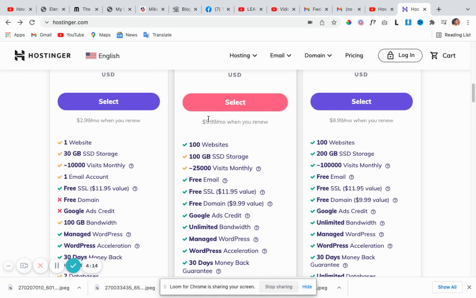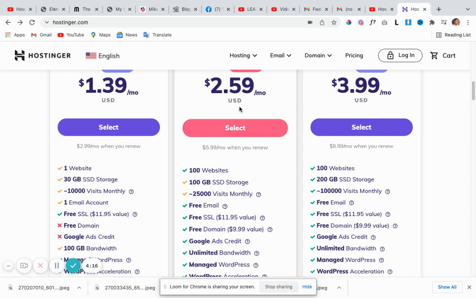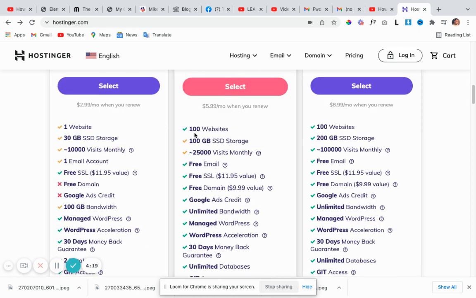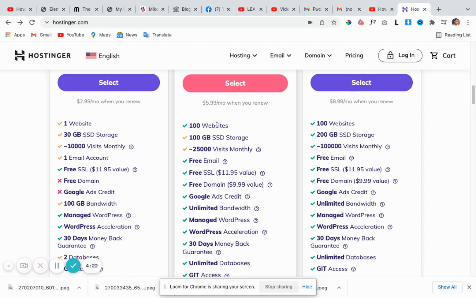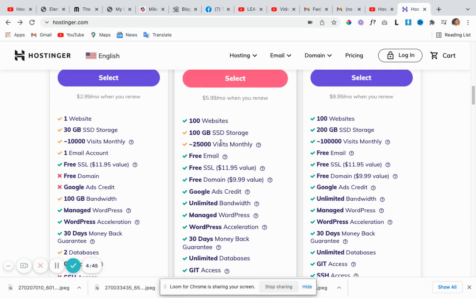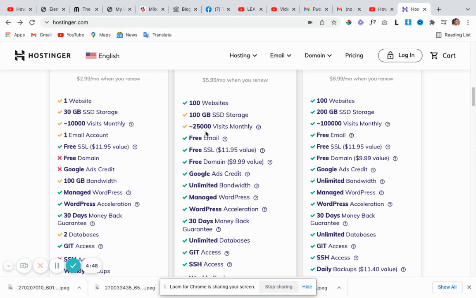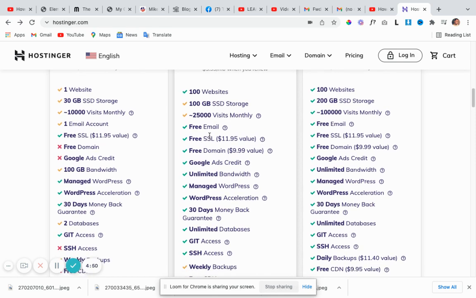All right, now let's go to the second package, which is $2.59. When you see here, you realize that you can host up to 100 websites on this hosting package. Now what do they mean by hosting up to 100 websites? You purchase your domain name, then you host it on this particular hosting plan. You can purchase a domain name for $1, $2, then you bring it and you host it on this particular hosting plan. Then you have 100 gigabyte SSD storage, you have 25,000 visits monthly, you have unlimited free emails, you have